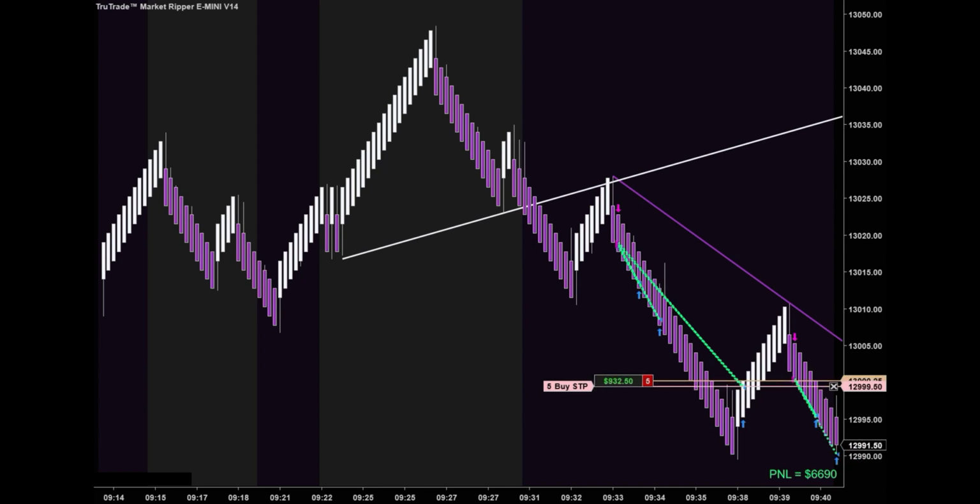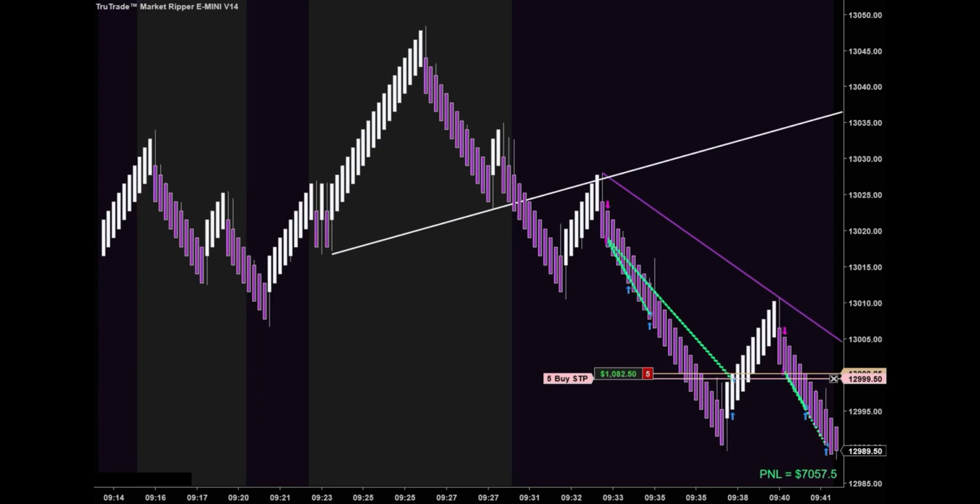Traders using a mouse to enter and exit orders are referred to as liquidity providers amongst the industry elite because they always are one step behind and generally get their orders filled as the large institutions are exiting their trades, and thus providing the liquidity the hedge funds need to exit their trades profitably while constantly being late to the party. TruTrade has brought the same technology from Wall Street to Main Street